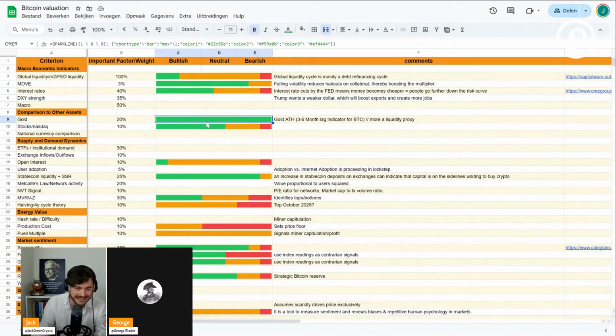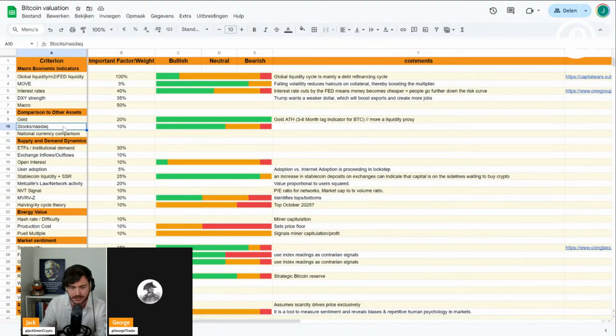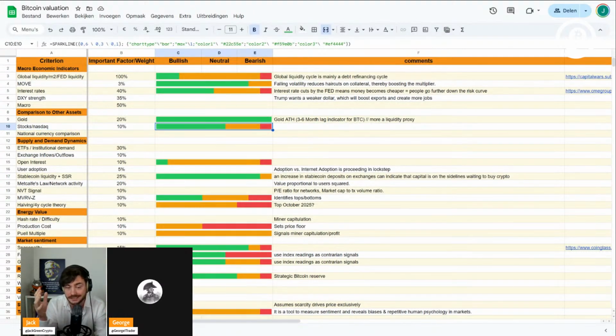Like I showed, I gave it 100% bullish, and to me, it's a 20% importance factor. The second on my list is the stocks, for example the Nasdaq. I gave this a 10% weight, and at the moment every index in the world is at an all-time high. I told someone in my Discord this last week, I don't think that when everything is at an all-time high, when everything will keep making all-time highs, Bitcoin will go down. That's something we don't usually see happening. So normally, I think Bitcoin will follow the rest of the pack as well.